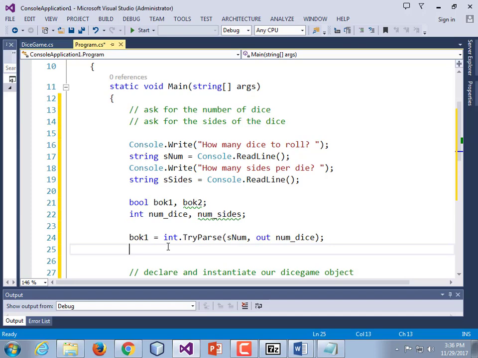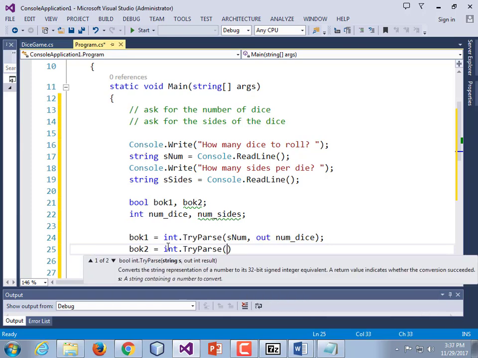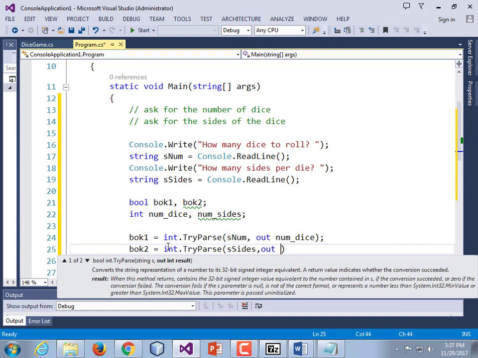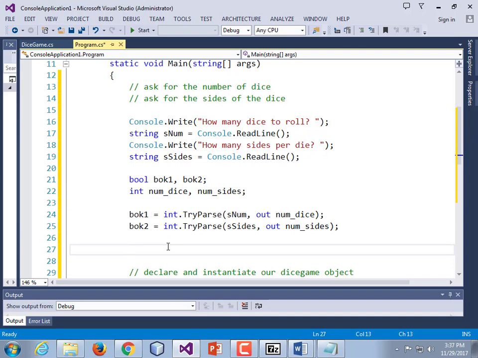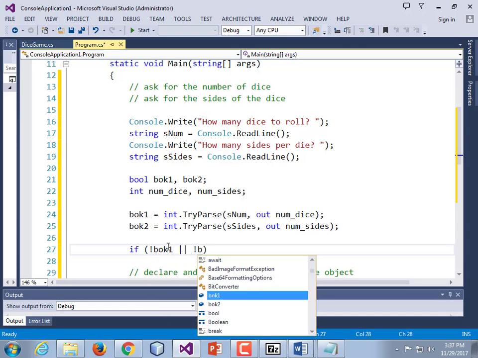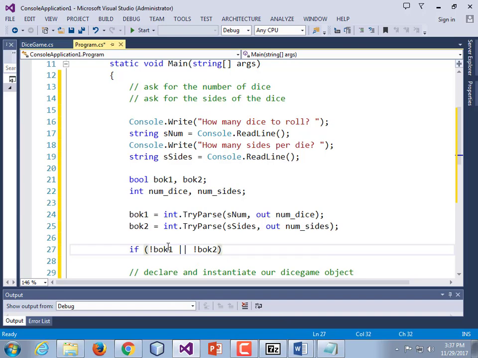Let's do the same thing for the number of sides. bool2 is equal to int.TryParse(s_sides, out num_sides). And if either one of those failed, let's just print an error message and return. So if not bool1 or not bool2, if either one of them is bad,